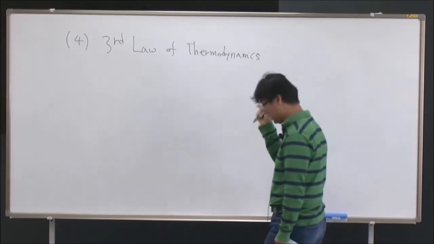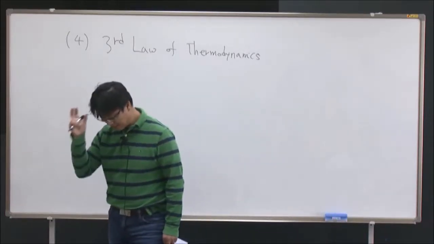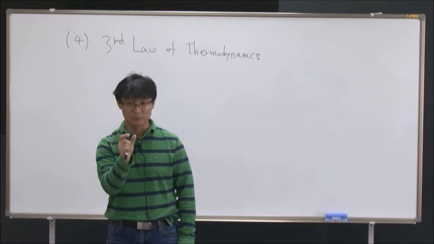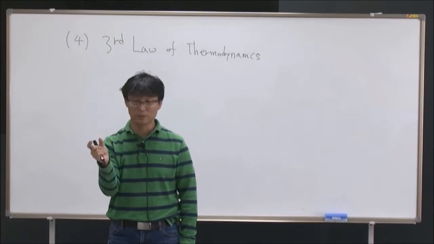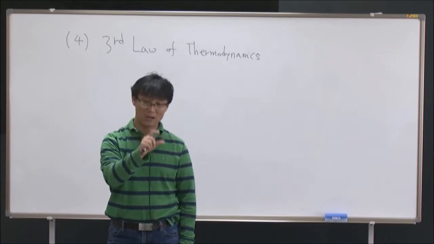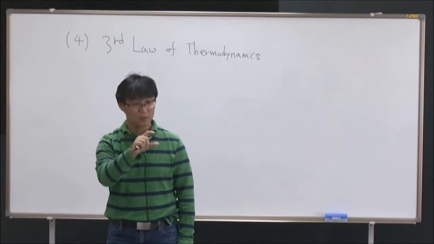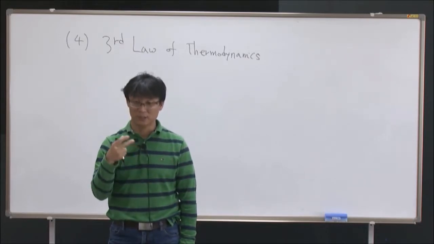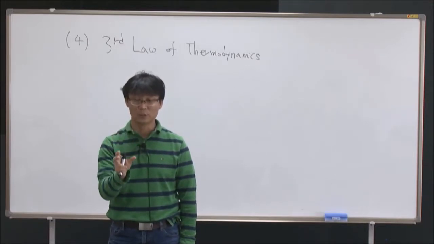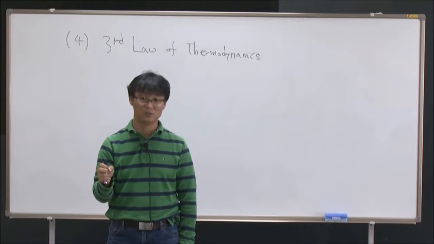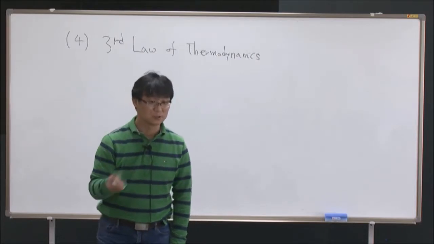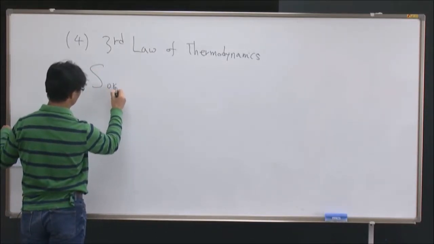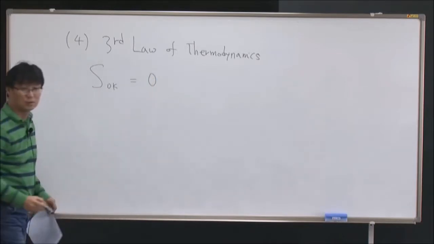The third law of thermodynamics is basically this: if I have a crystalline phase, a stoichiometric crystalline phase, and this is important, stoichiometric phase. Stoichiometry means you have a certain number of, for example, A atoms and B atoms making a certain structure. If I have that kind of crystalline phase, the disorderliness at 0 degrees Kelvin should be 0. That's the third law of thermodynamics. So the third law is basically that entropy at 0 Kelvin is equal to 0. Because entropy